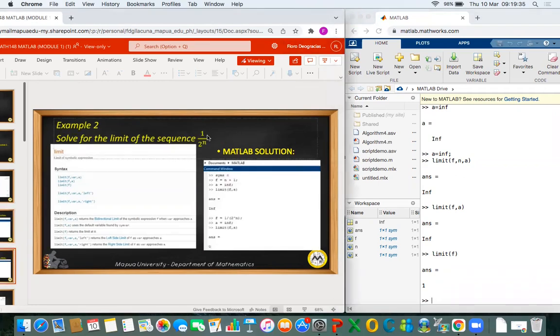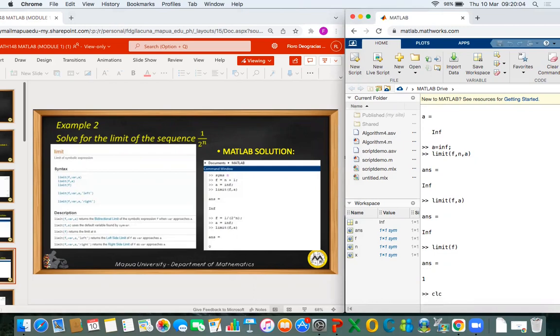Suppose we are solving for the limit of the sequence 1 over 2 raised to n. Okay, so class, as you can see, we have typed many commands here, right? So you can clear this by typing CLC. CLC stands for clear screen, or clear command, okay? So with that, let's now have this, class. So let's type first syms